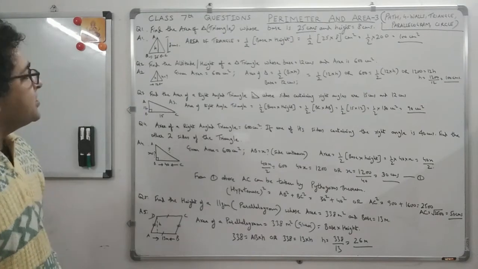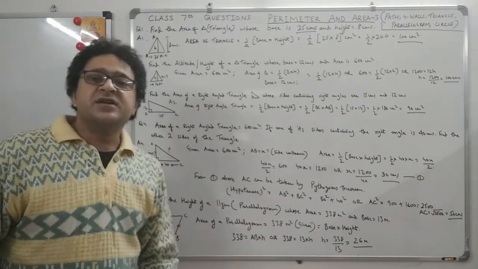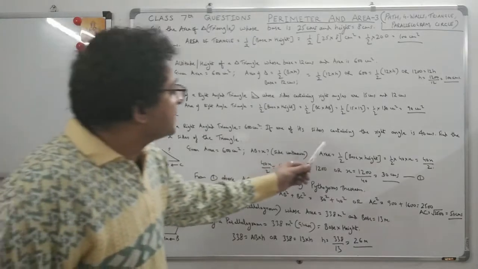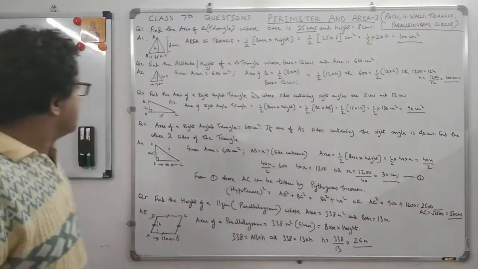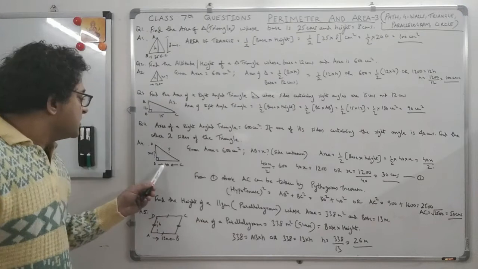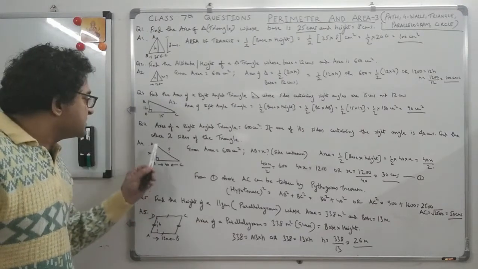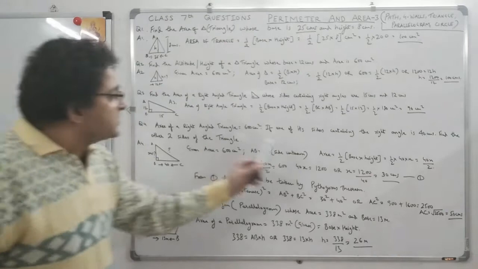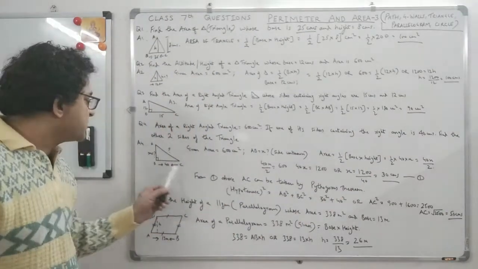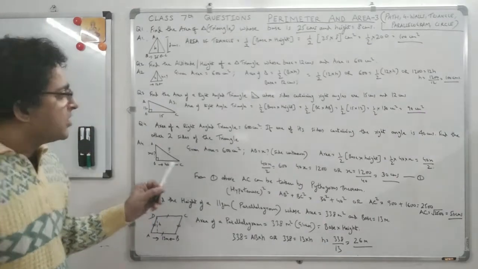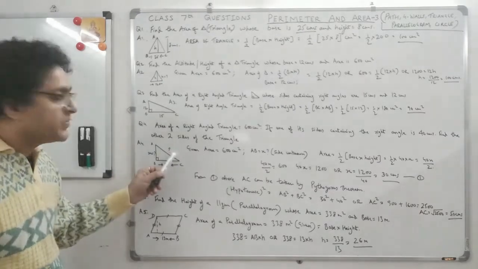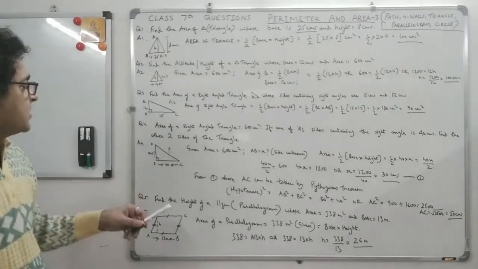Now the question is, area of a right angle triangle is 600 centimeters square. Now they have given you the area. If one of its sides containing the right angle is 40 centimeters, find the other two sides of the triangle. Simple. See, now we make a diagram here. This is the right angle triangle. The area is given, 600. One of the sides is 40 centimeters containing the right angle. So we can take any of the sides which have a right angle. Suppose I take BC as 40. Now he is saying find the other two sides. Now x is the other side AB, which is not known, and this is the hypotenuse, which is not known, right?